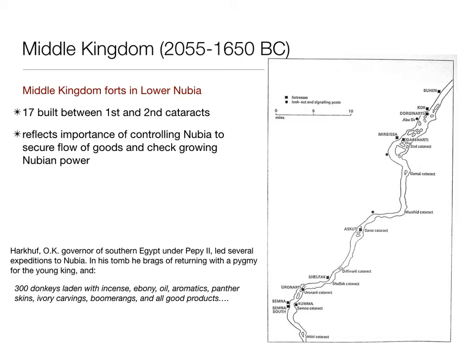But when he was a kid, he took the throne when he was very young. He was very excited because Harkuf was on a trading expedition to Nubia and had secured a pygmy. And the young king was very excited about this pygmy, and he writes him a letter to say how happy he's going to be if this pygmy makes it back alive and healthy, and the rewards that Harkuf will have and the favor that he will have in the eyes of the king, etc., etc. So trading to Nubia has always been a very important thing, and so these fortresses are meant to secure that system.